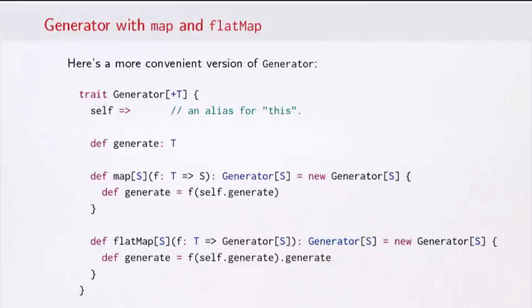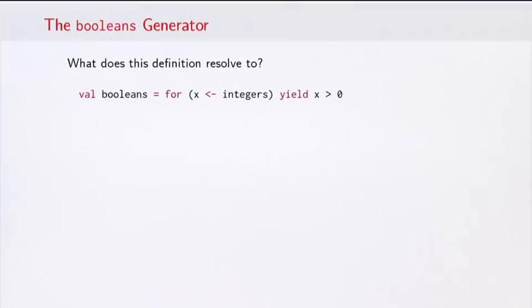So what we would do is first generate a random value of type T using self.generate as before. Apply the function f to it. So that now gives us a complete generator on the new domain S. And to pick a random value in that domain, we invoke generate here again. Now that we have defined the general machinery that we needed on class Generator, we can look at some specific